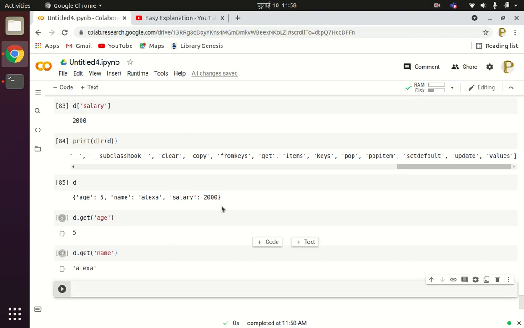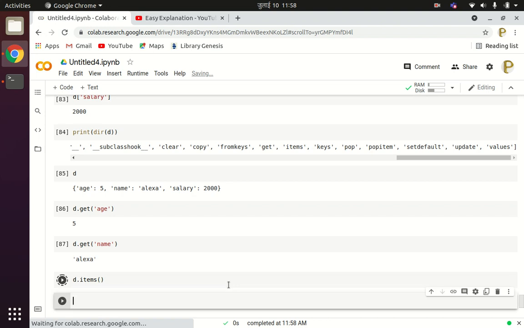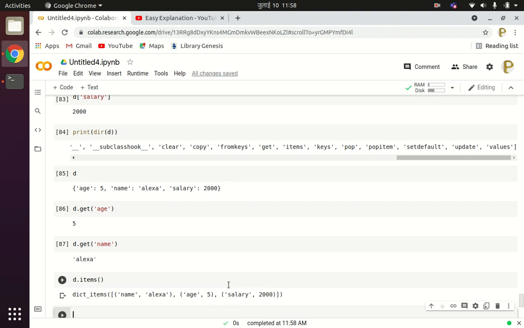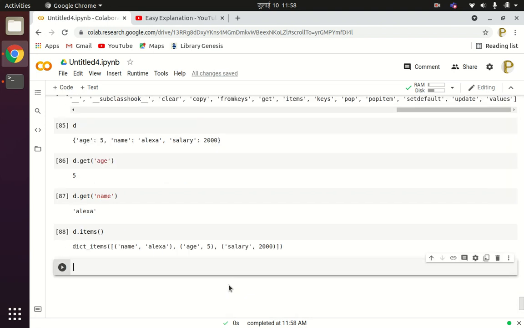Then items, another method, is items. So D dot items will return the key values in the form of a list of tuples. So name is Alexa, age is 5, and salary is 2000. These are nested tuples in a list.